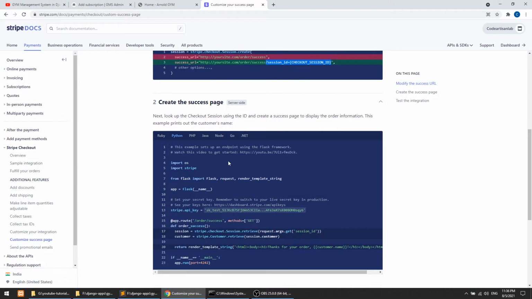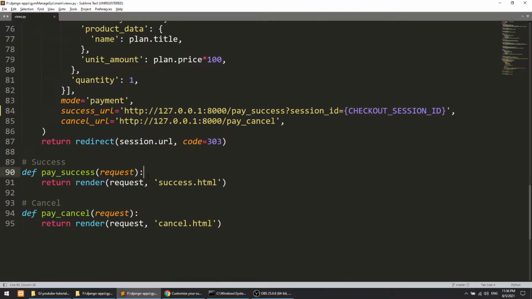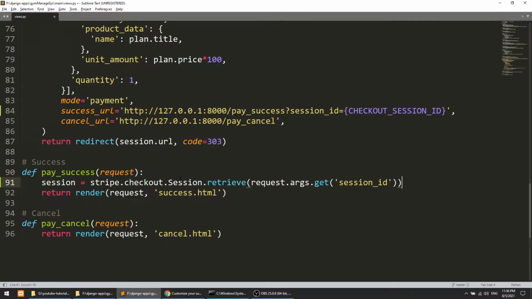After that, we will go to the success page here, and we will just get the session ID from the URL. This is the documentation according to Flask, but we need this according to Django, so I will change this.